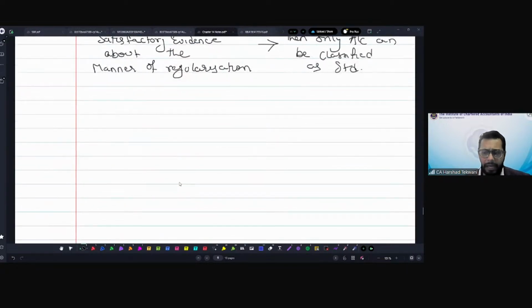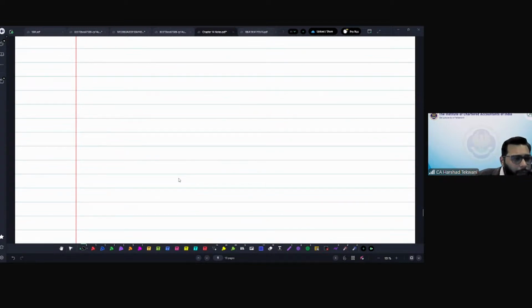Now, another example I'll take. Let's say there was a loan which was given under a consortium. Have you heard about consortium arrangements? Where multiple banks come together and lend to a particular individual or a particular company for some particular project. So there is one lead bank and there are other banks involved. So how a consortium works is, let's say for example, banks A, B, C, D. Let's say B is the lead bank